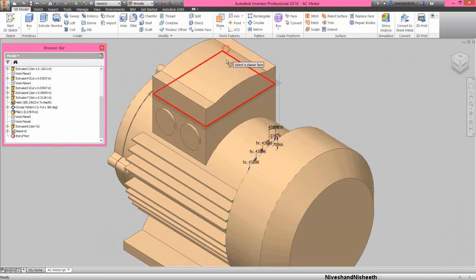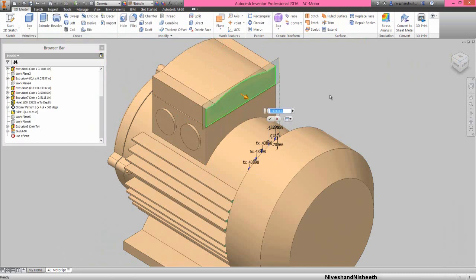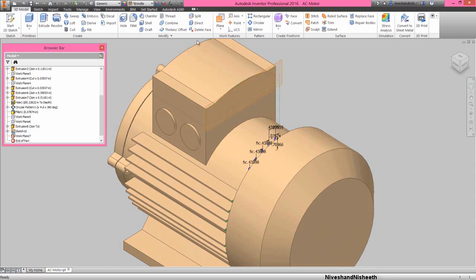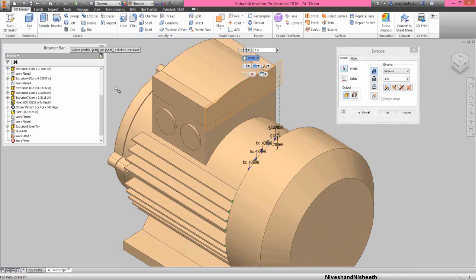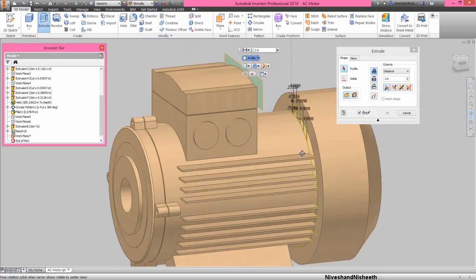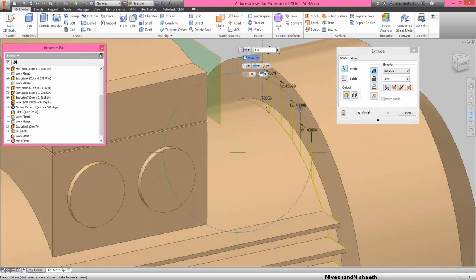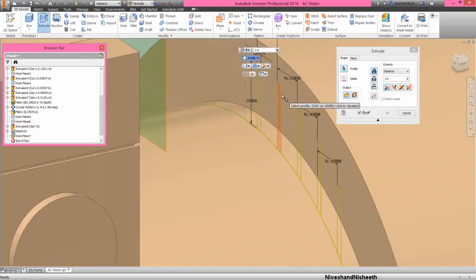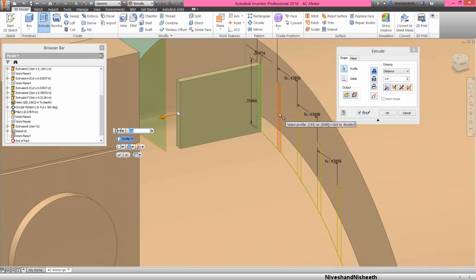Now we will activate the offset plane command. Select this face, OK, and set the offset distance value 0.19685 inches. Now we will activate the extrude command and select each sketch profile one by one.